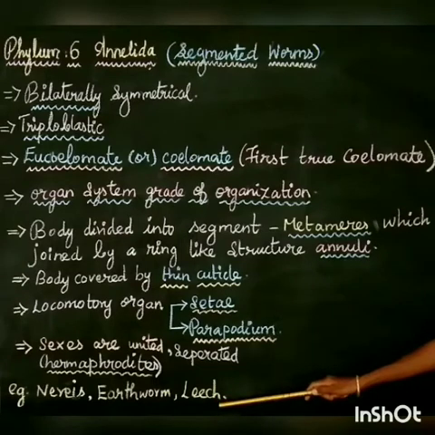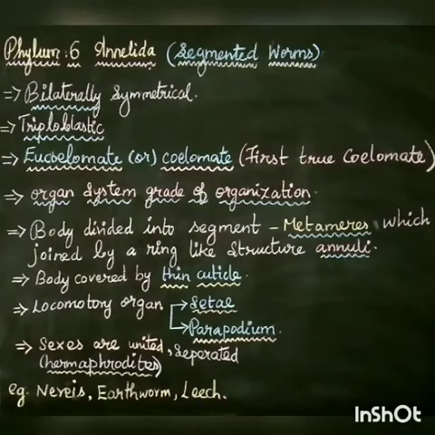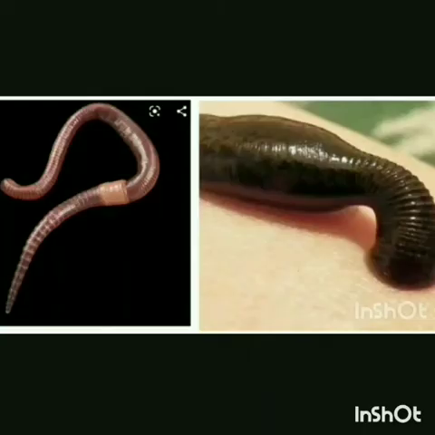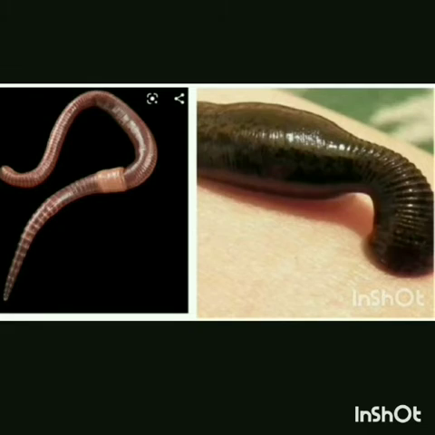I will show you in a picture how the body is segmented and what about the annuli we can see in the picture. Look at this picture. On the left side it is an earthworm, on the right side it is a leech. Watch carefully. The body is segmented, that is, small compartments are there. These compartments are joined by a small yellowish structure in the earthworm. Watch carefully, the yellowish ring-like structure is called annuli. The body is covered by a thin cuticle. These are very good examples for the phylum Annelida.